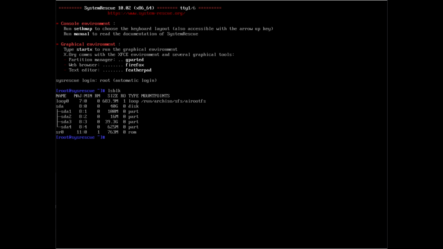Those are the partitions for my drive to be able to run Windows. The partition we need is the largest, in my case it is SDA3 with a size of 39.3 G. We need to mount that partition so we can access it, but first we have to make a location to